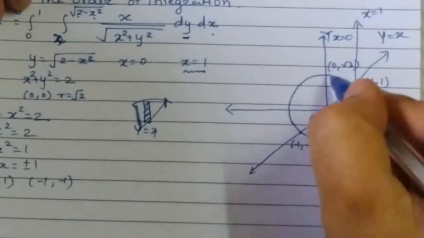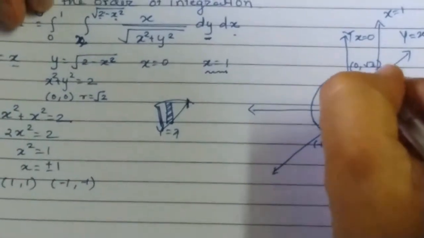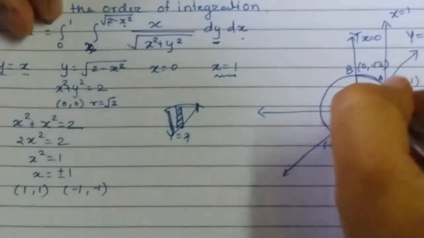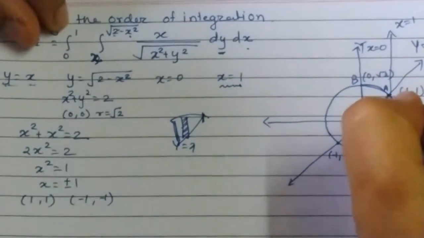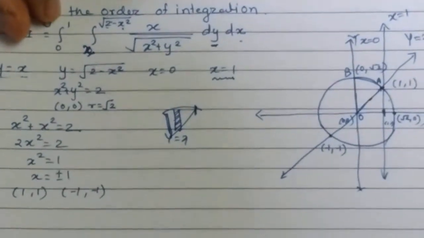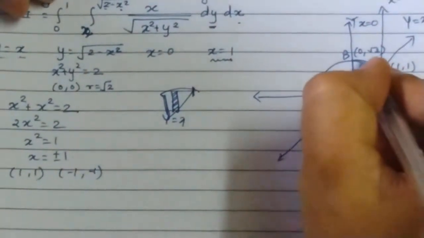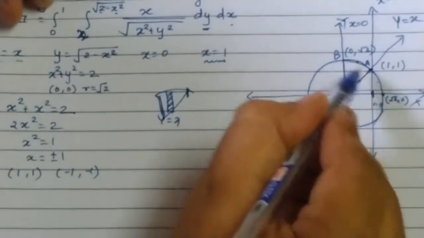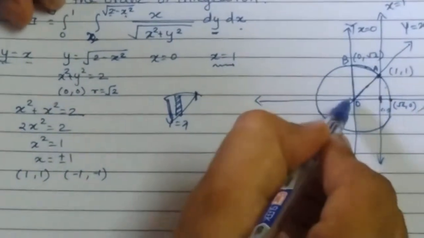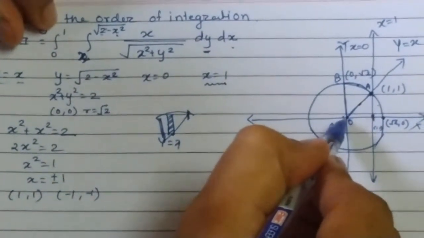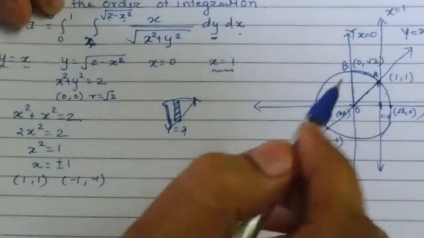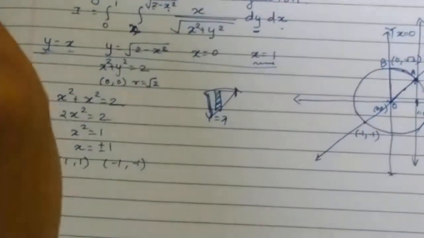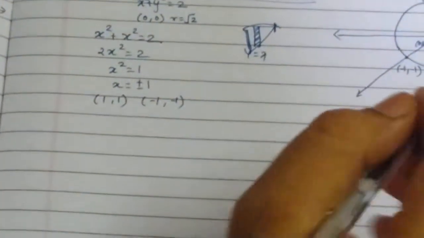Now you just look here, only in the region O A B, only in this region, your original strip is vertical. On the lower end of the strip you will have a straight line, on the upper end of the strip you will have a circle, and the movement of the strip is from OB to the point A. So at OB x is 0, and when it reaches A it becomes 1. So this is the region which satisfies all these conditions. Okay, I hope this idea is clear.